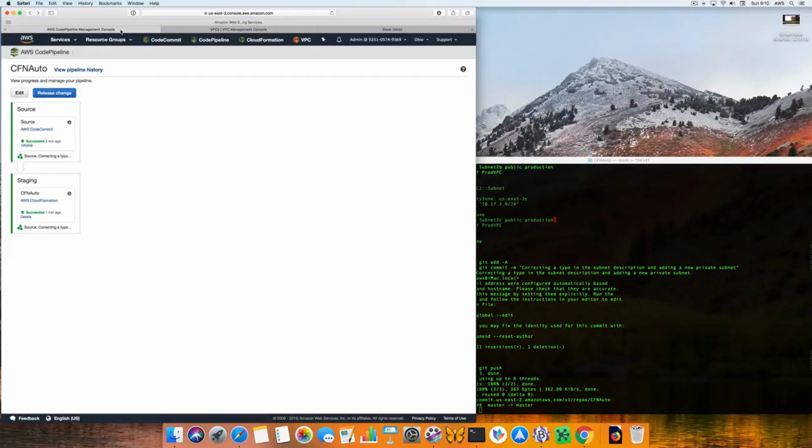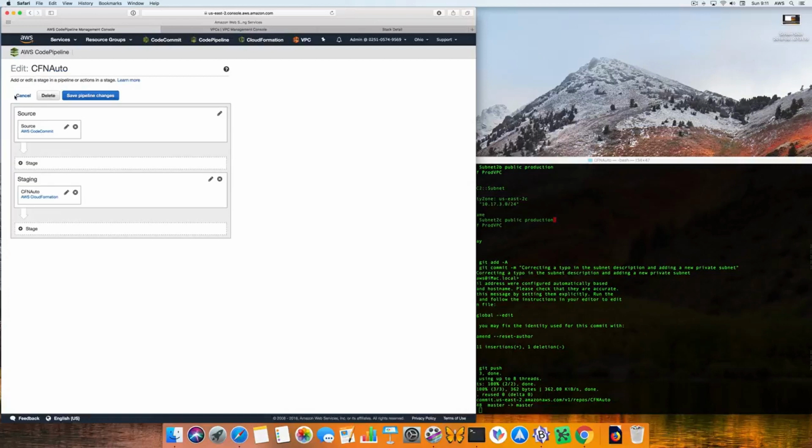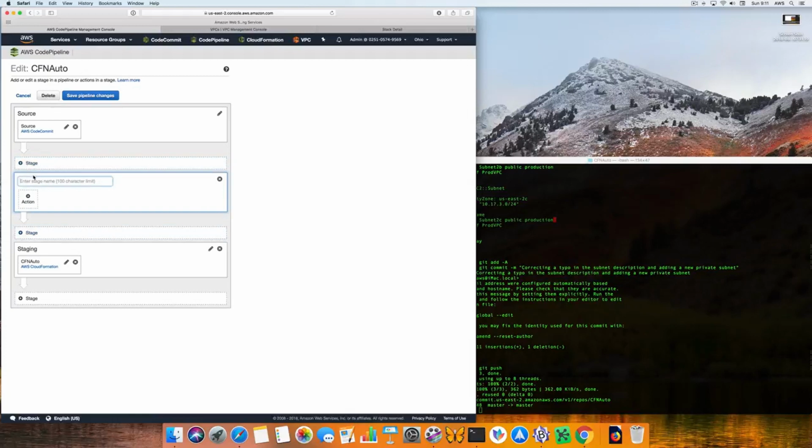Alright, so the next step is adding an authorization step into this pipeline. So we can see how we can change the pipeline and do a little bit more things like this authorization. Okay, so back to the pipeline. Let's edit and add another stage. So let's call this